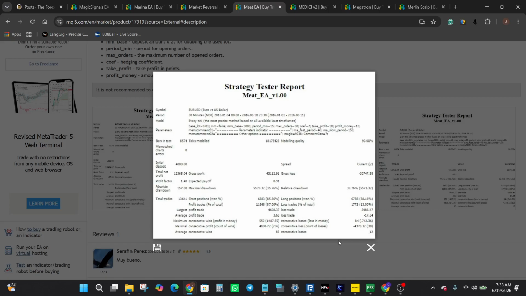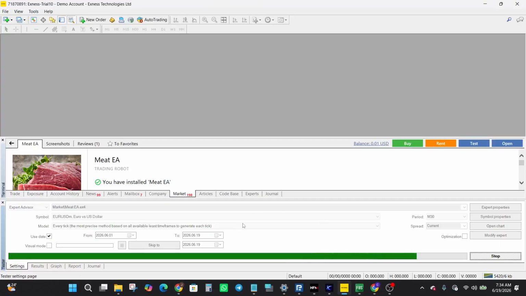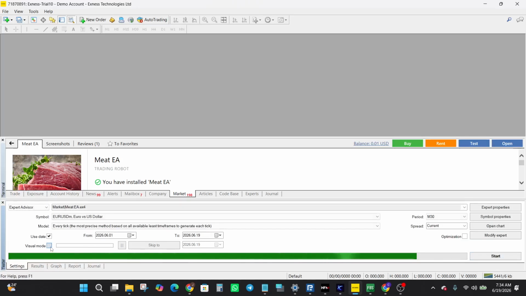Okay, now let us just also look at what we have. This strategy test, this EA is taking quite a lot of time to generate results. I had already reduced the duration to see if it's going to be faster, but still to no avail. So now let's actually look at the EA in action. I'm going to turn on the visuals, and